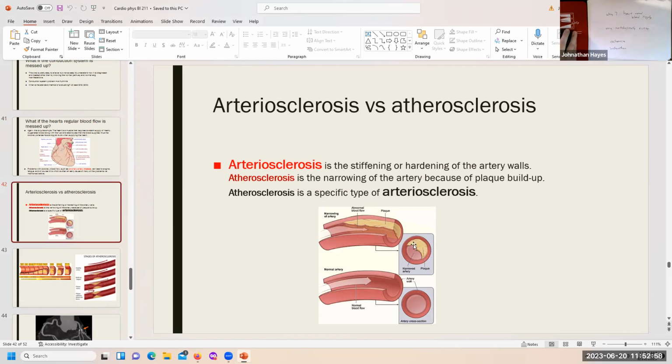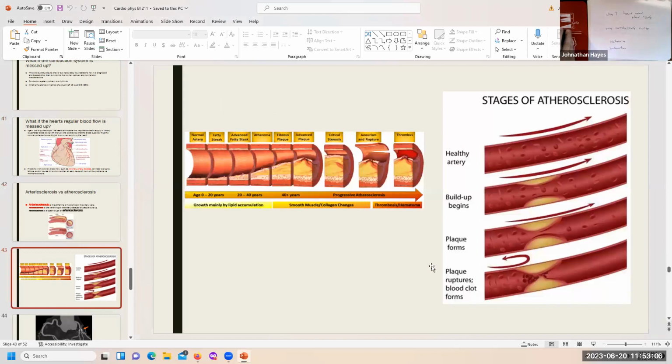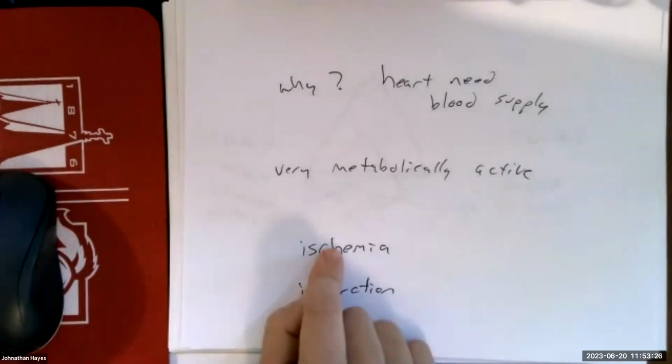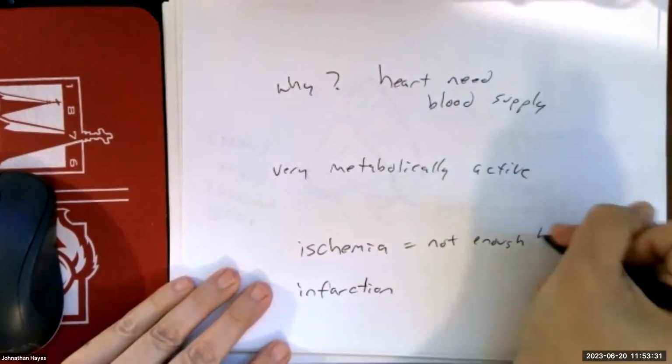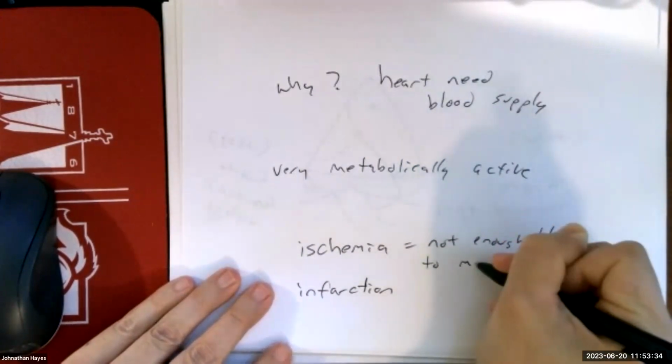So if you already have a decreased or more narrow lumen, the opening of the vessel, and blood's more likely to clot, then you're going to have very poor circulation past that narrow point, right? So if I have, let's say, an increased metabolic demand and I'm trying to increase the amount of blood that gets there, it's going to be very difficult for blood to get there, right? Or if something ends up blocking that, then it doesn't really matter what the metabolic demand is, no blood's getting there. Either way, that would lead to some type of ischemia, which is not enough blood to meet